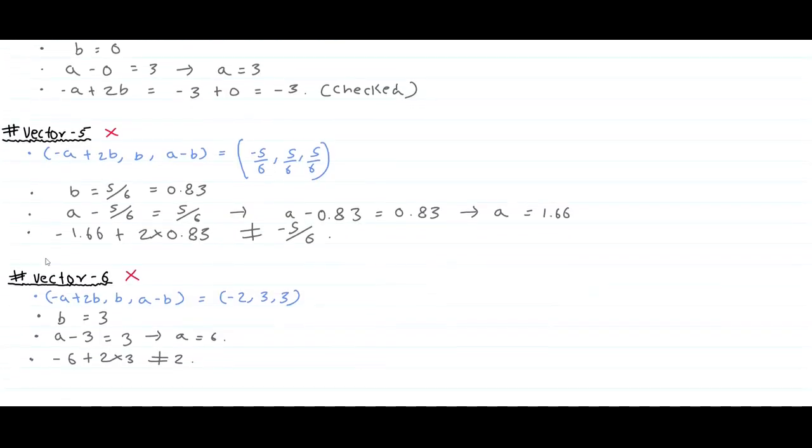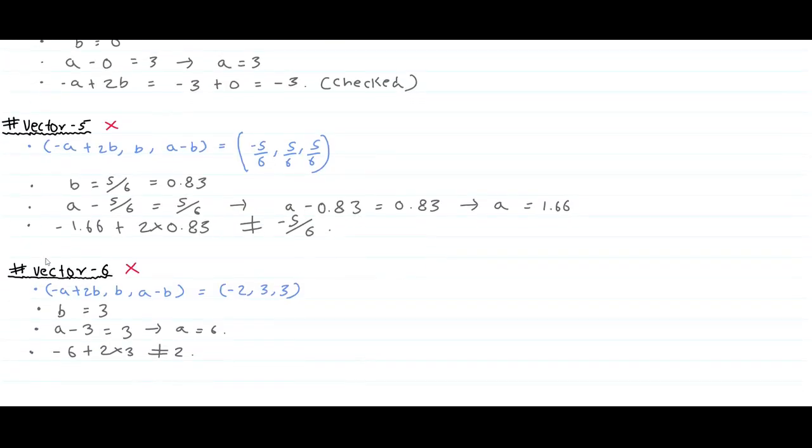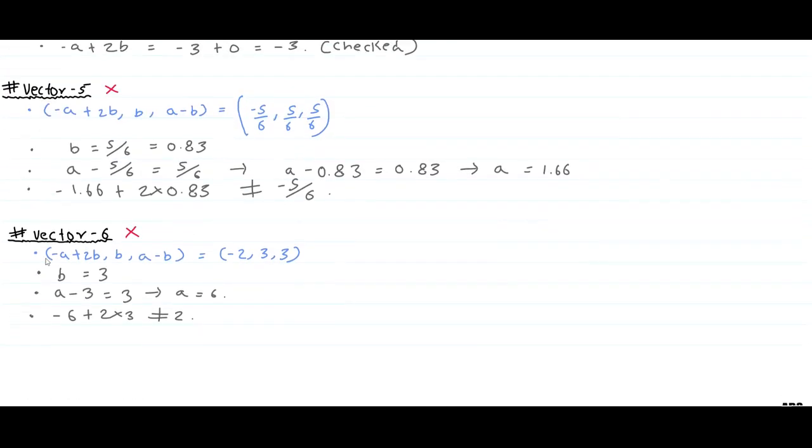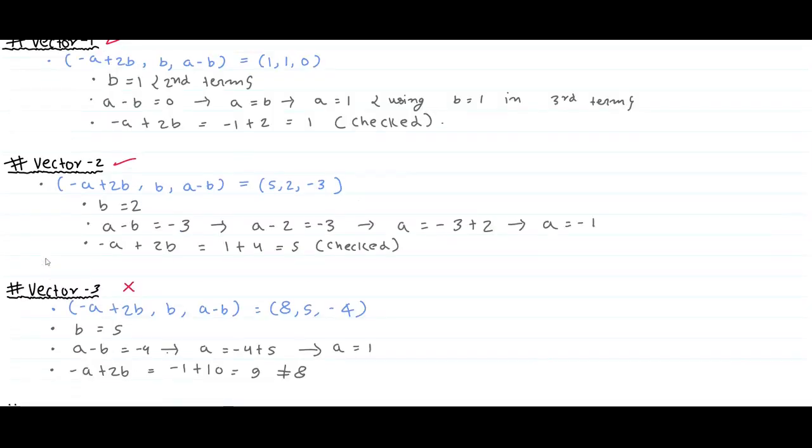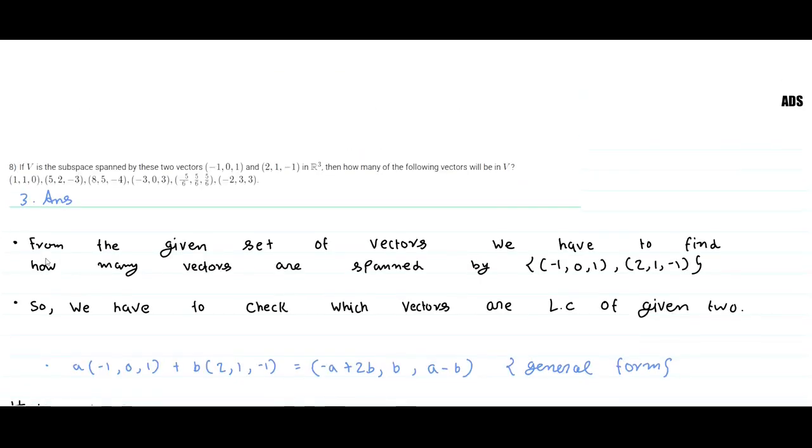So, the correct answer for this question is 3. In this question, there is one more way to solve this. We are given two vectors already and have to pick a third vector. So after picking the third vector, if we try to make a matrix where each vector will be a column, then